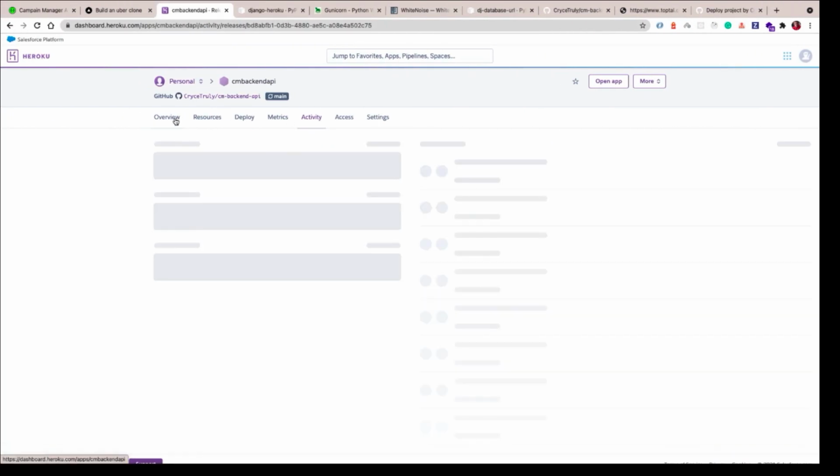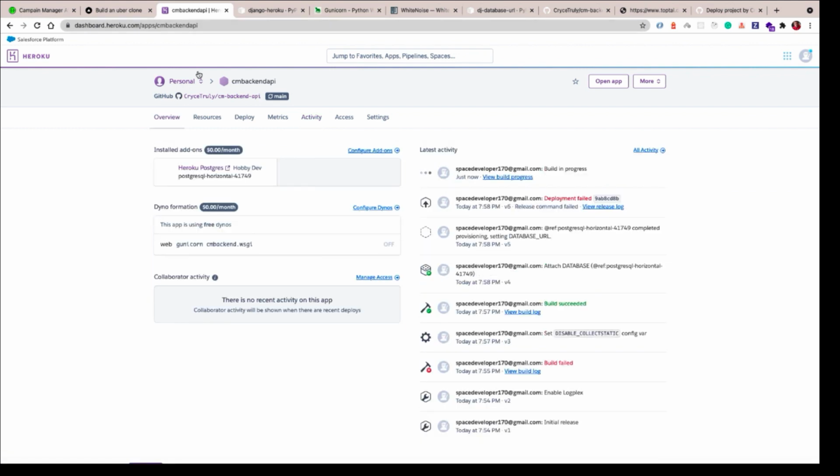So if you come here and click on overview, you can see that the build is now in progress, and we didn't actually go ahead and deploy again. It's just picked up the new changes. So let it deploy and we see where it gets to. So as it deploys,